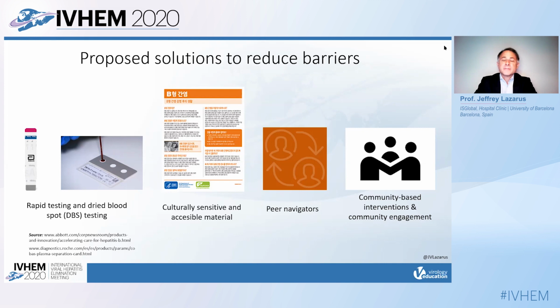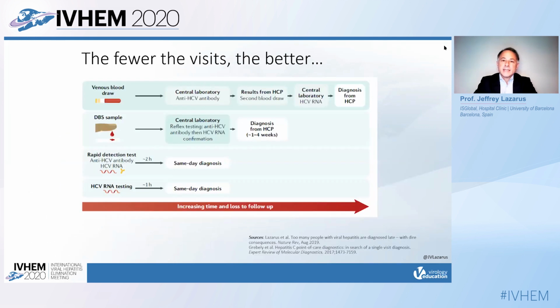And finally, there's particular importance of community-based interventions and community engagement. We can't impose a viral hepatitis program. We need to discuss it with the community and have them understand why it's important for them. And then we need to discuss on what terms such a program can be implemented. And this may mean, and I'll show you this in an example in a moment, that the services actually need to go to the community rather than asking the community to go to the services themselves, like hospitals and clinics. In general,